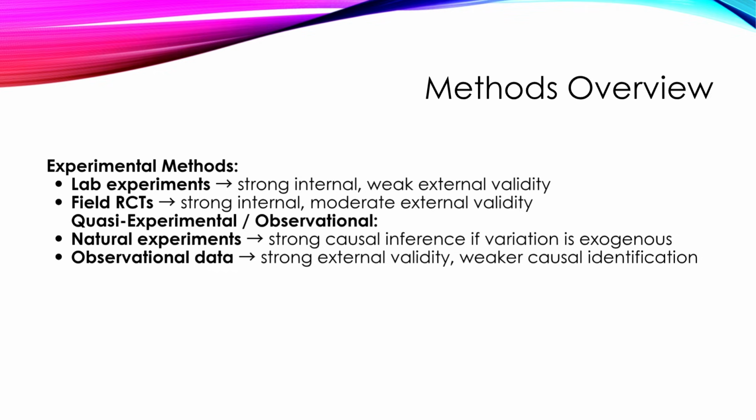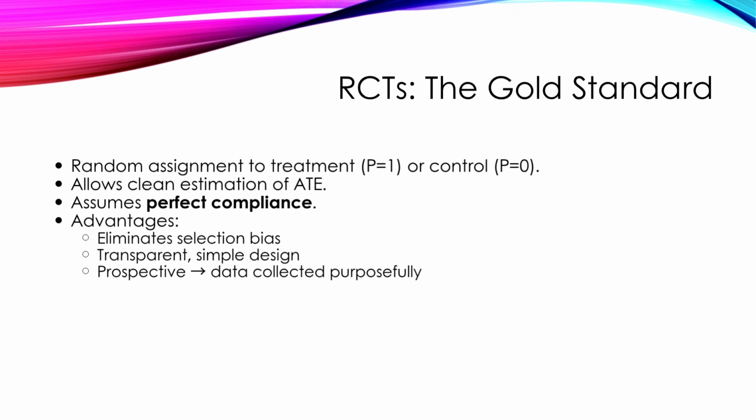Now we move on to the randomized controlled trial approach. So RCTs, randomized evaluations, trials, or experiments are the gold standard for impact evaluation due to their ability to establish causality with minimal assumption. So the basic idea of RCTs is that participants are randomly assigned to a treatment group, so p is equal to 1, or a control group where p is equal to 0, so they don't receive the treatment. And then this setup allows the average treatment effect, the ATE, to be estimated by comparing outcomes between the two groups. The assumption is that we have perfect compliance with assigned treatment,